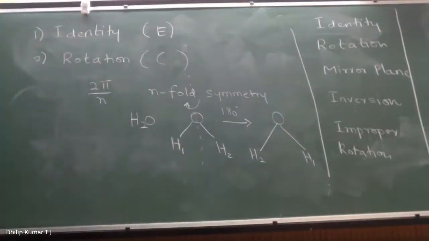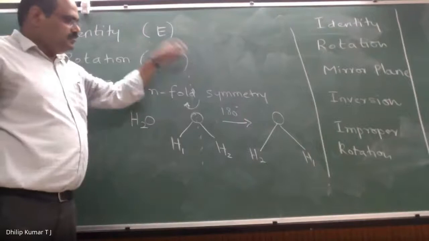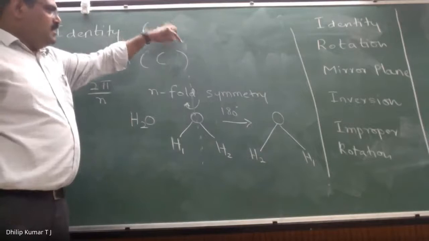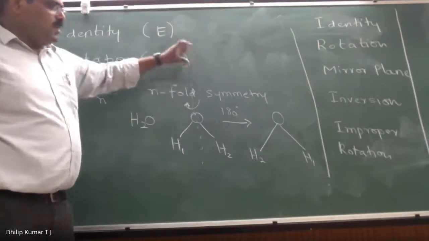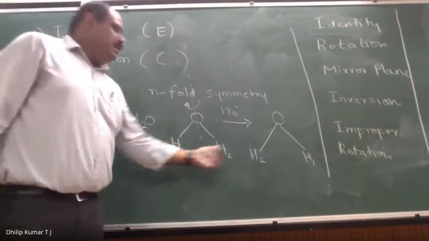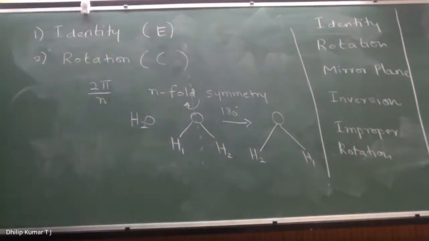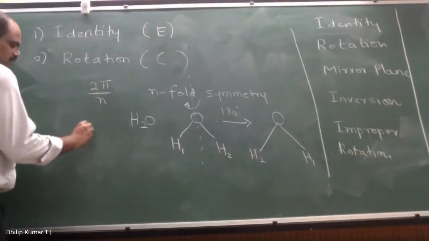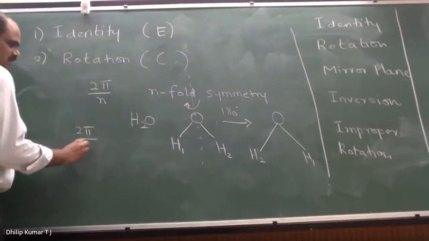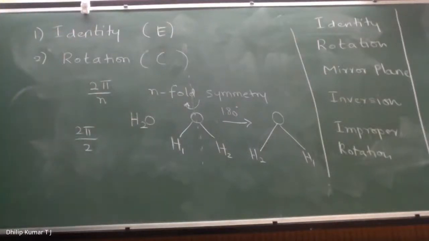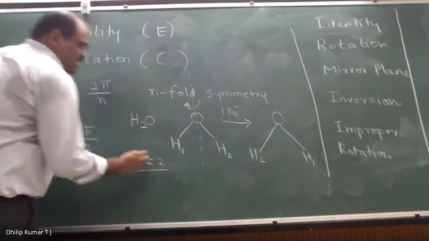It is passing through the oxygen atom O. Just imagine water is on the plane of this board, and then you are rotating the molecule by 180 degrees, and then what you will get? You get an indistinguishable image, right? So you will get the equivalent position. Only thing is the atoms are interchanged. The hydrogen atoms labeled H1 and H2 have been interchanged. So here 2 pi by n, with n equal to 2, ends up at 180 degrees. So n is 2. So the water molecule has two-fold rotational symmetry.